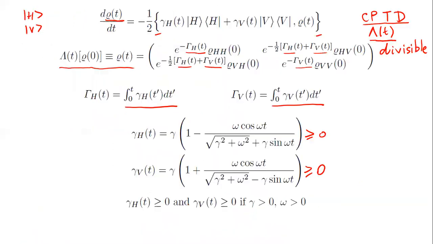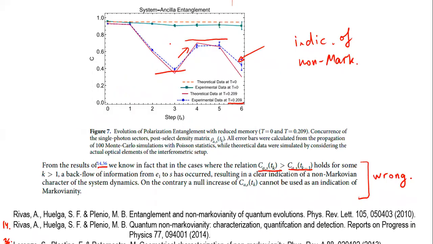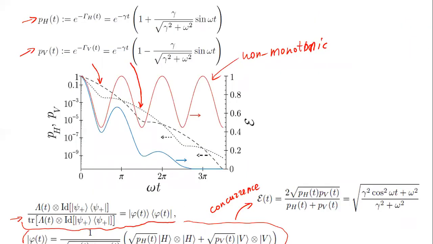So this example shows that observation of the increase in entropy of system and ancilla is not a proper indicator of non-Markovianity if the dynamics is trace decreasing and we actually resort to post-selection. So this is the first observation that is often somehow overlooked in experimental papers. So I would like to focus attention of people who are experimentalists to pay more attention if post-selection is involved